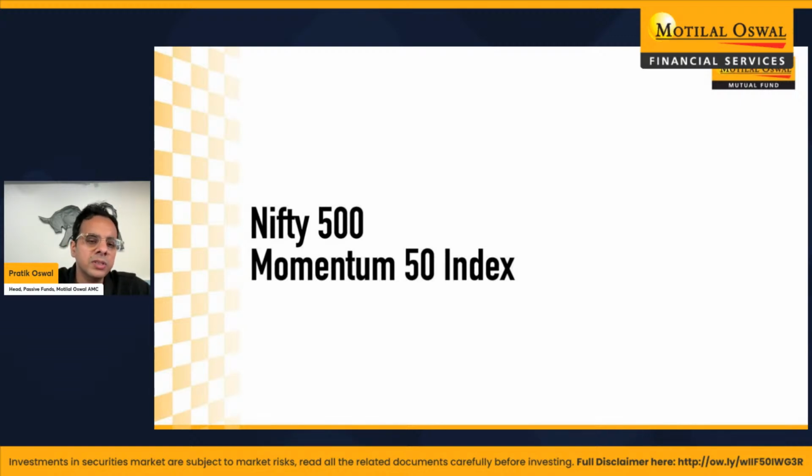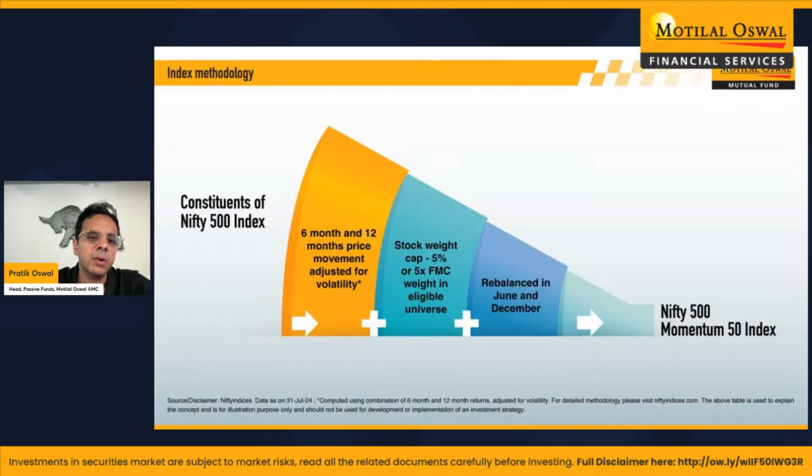And basically, what this index means is you're taking a universe of Nifty 500. Nifty 500 means the top 500 companies in India. So that includes large caps, mid caps, and small caps. And within that, you would buy 50 stocks that have the highest price momentum. The stocks which have risen the most in the last 6 to 12 months are what you would purchase in this index. The index is also structured in such a way that the large companies get slightly higher weightages. So it's a good mix of large caps, mid caps, and small caps.